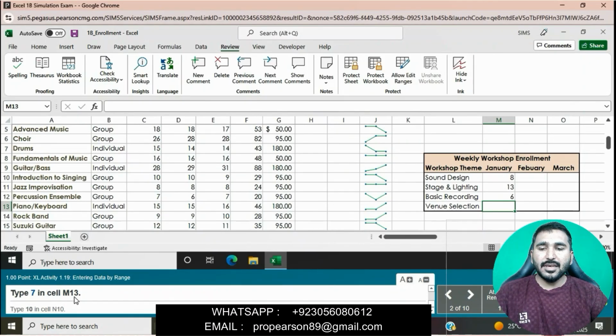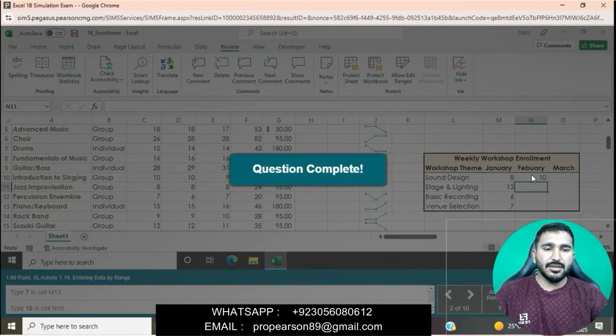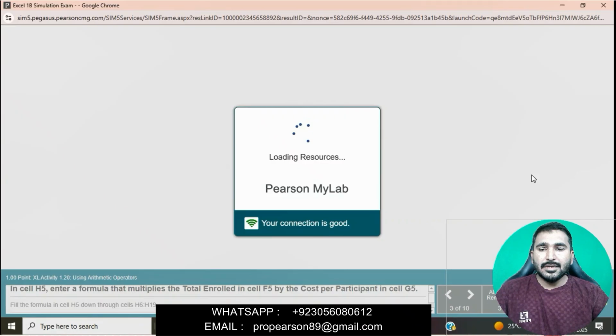Type 7 in cell M13, click on cell M13 and then we will type 7. Type 10 in cell N10, click on cell N10 and then we will type 10. Question is completed now. Now moving on, next question is question number 3.